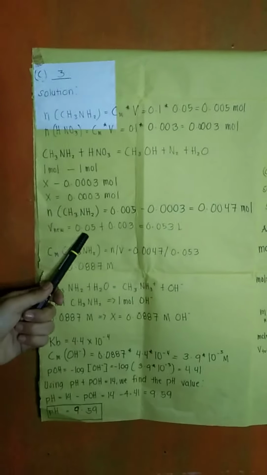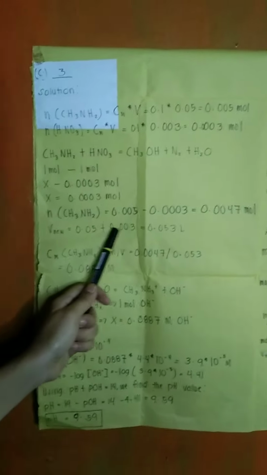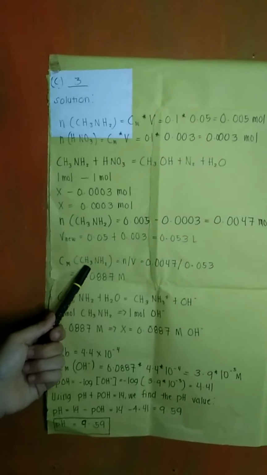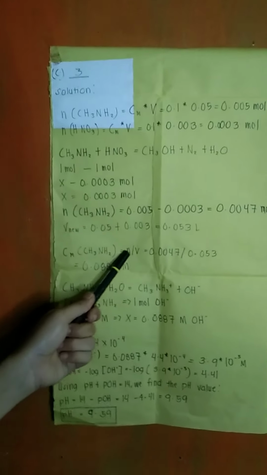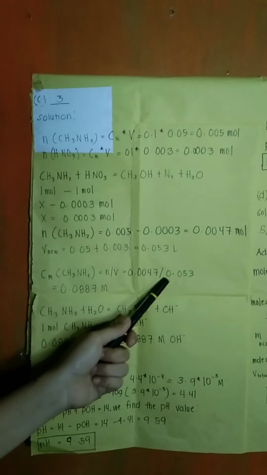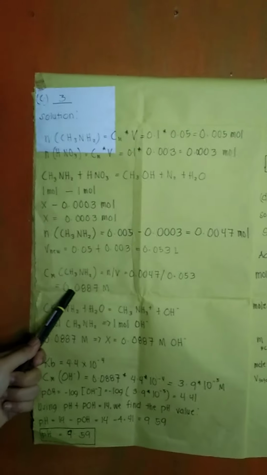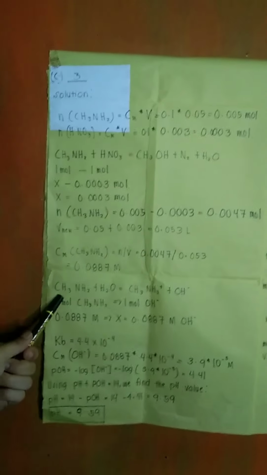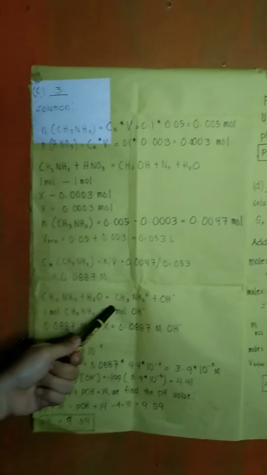V total equals 0.05 plus 0.03 equals 0.053 liter. Cm of CH3NH2 equals n divided by V equals 0.0047 divided by 0.053. We can get 0.0887 molarity. If we balance this, we can get